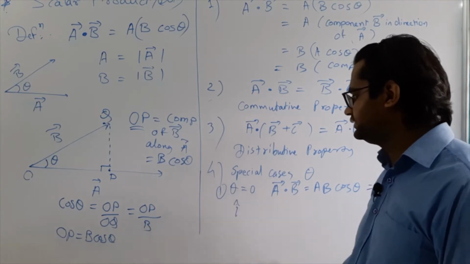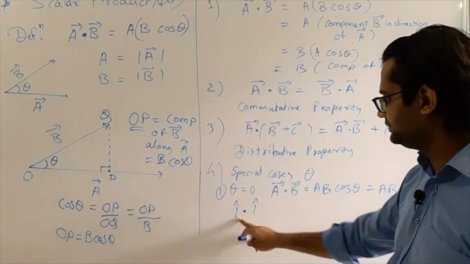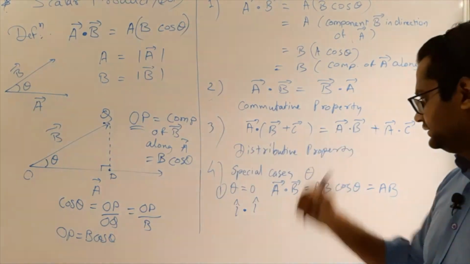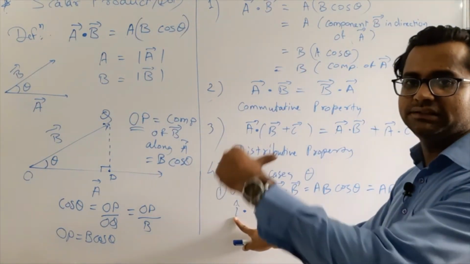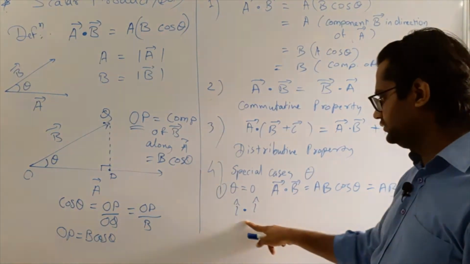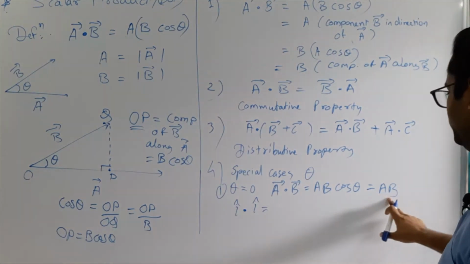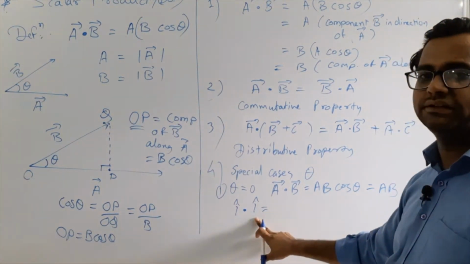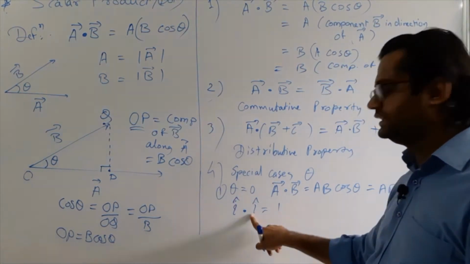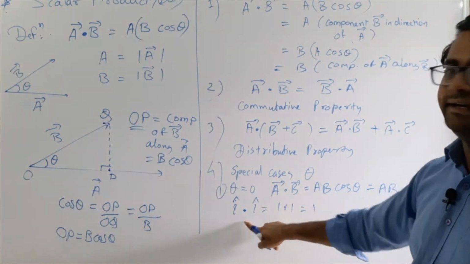Okay, so there is a special property related to this. If we have a vector like this, i cap, and we take the dot product of i cap with i cap itself, what is i cap? We know that i cap is the unit vector in the direction of the x axis. This is i cap, and this is another i cap, again in the direction of the x axis, so the angle between these two is 0. As per our law, a bar dot b bar is ab if the angle is 0. So ab means the magnitude of the first vector and the magnitude of the second vector. The magnitude of this i vector is 1 and of this i vector is 1, since these are unit vectors. So 1 into 1 is 1. So what we get is i dot i is 1.